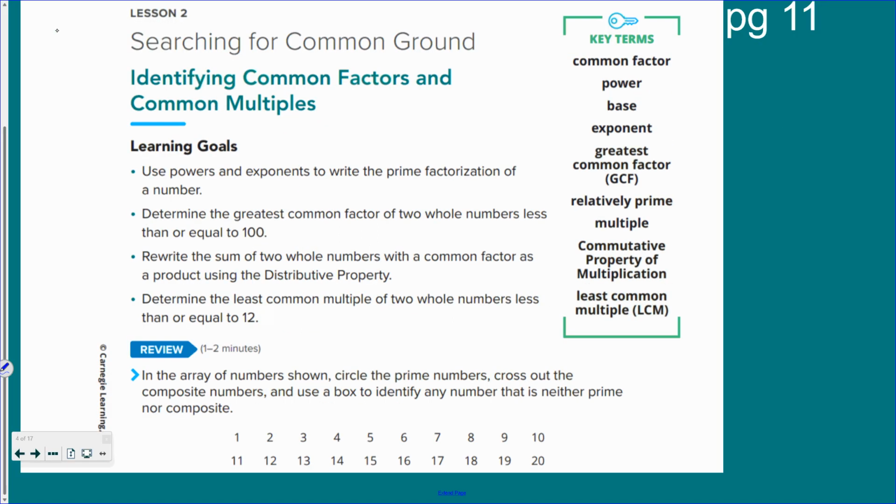All right, guys, today we are continuing with our distributive property, and we are going to,